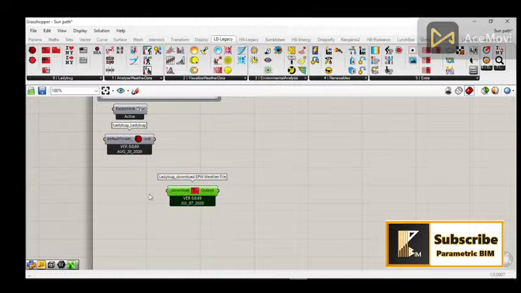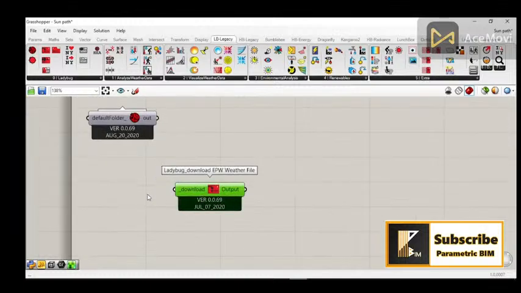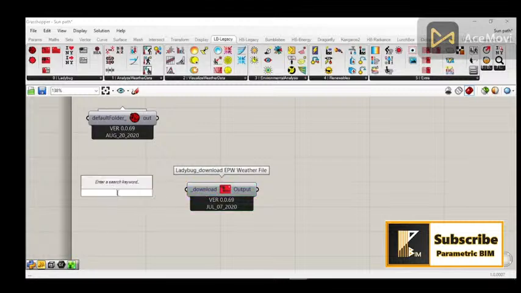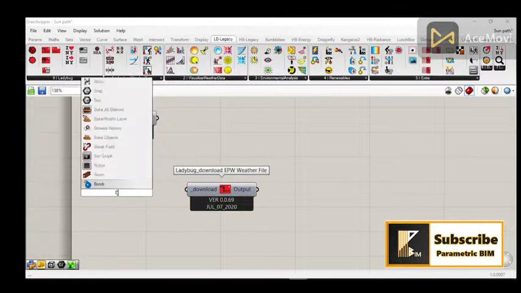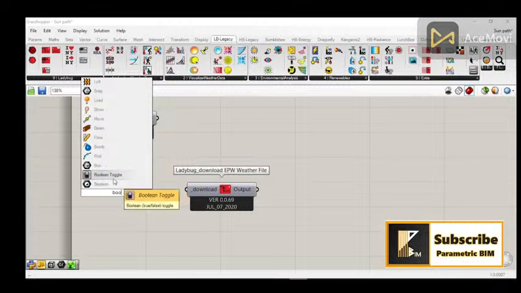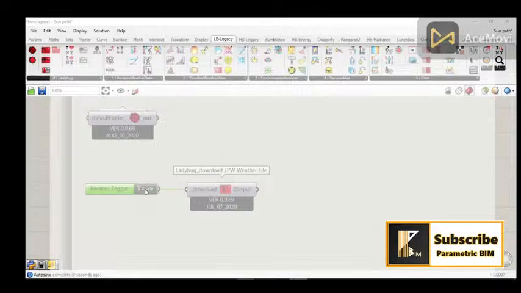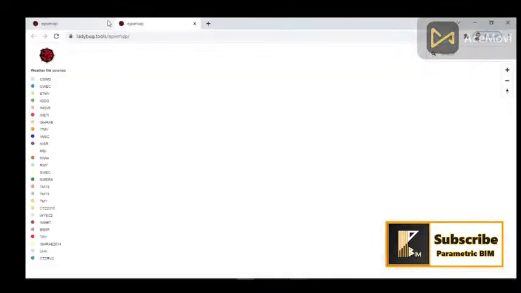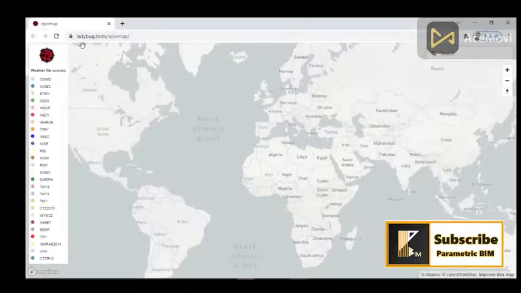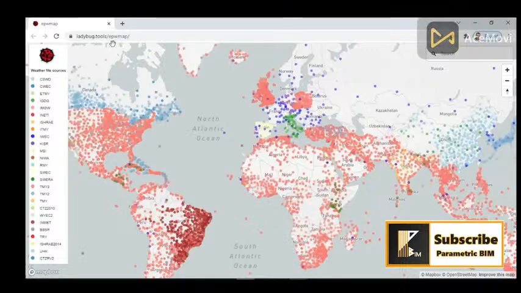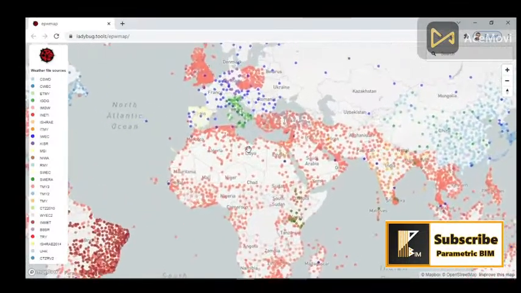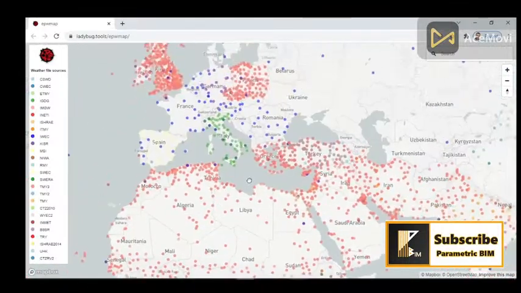I will drag the Ladybug download EPW weather file component onto the canvas, and in order to download, we have to assign a boolean toggle here. Once I click true, it will take me to a website, which is